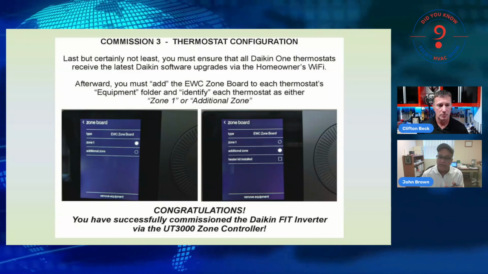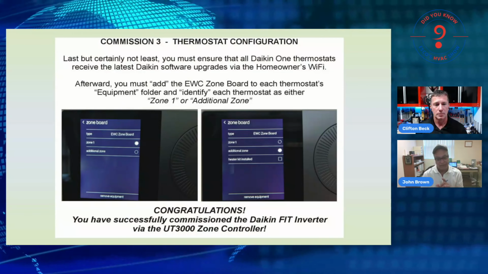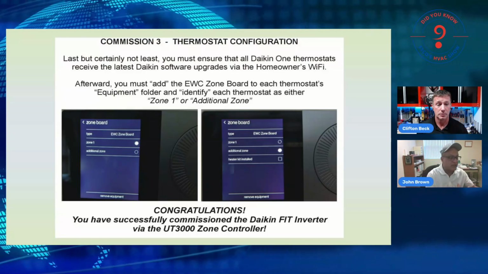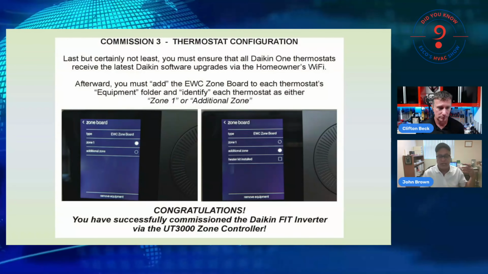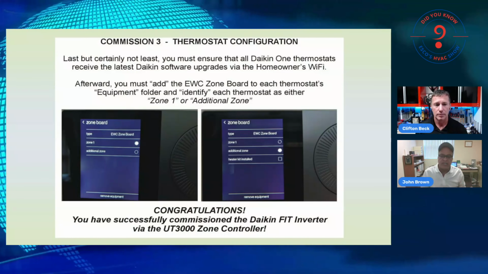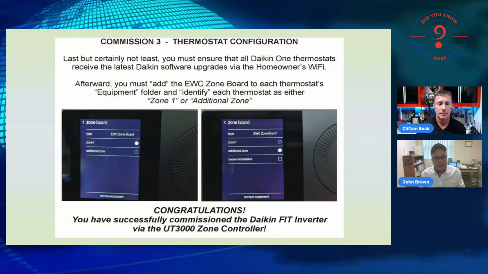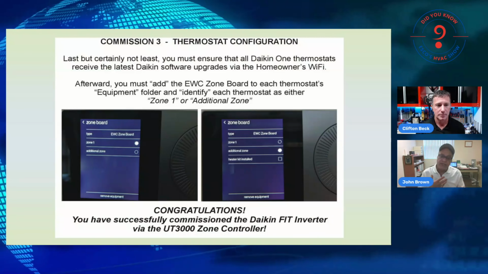Now, not to be confused with naming your thermostats. You can name these thermostats master bedroom, basement, second floor, dining room, kitchen, what have you. This is simply designating which thermostat is Zone 1. And this is another